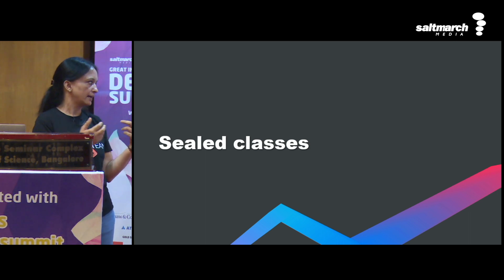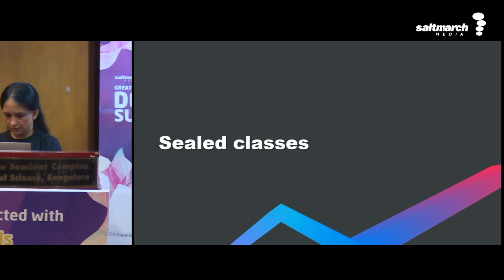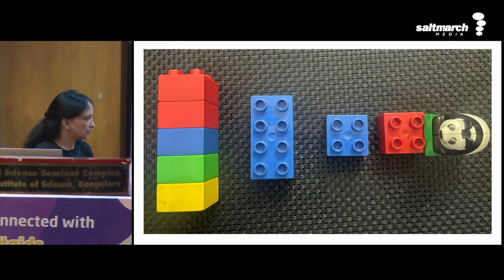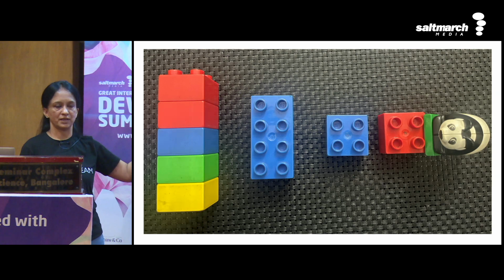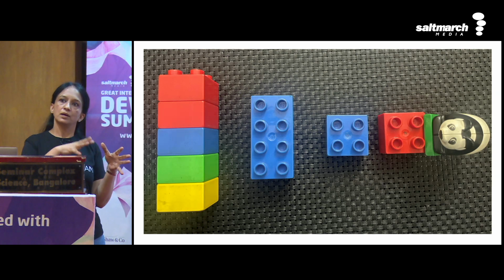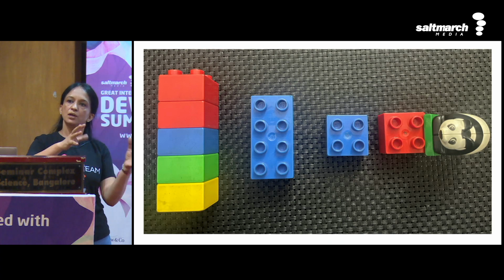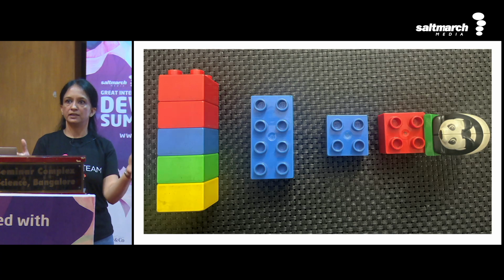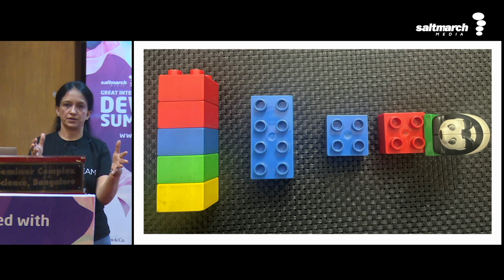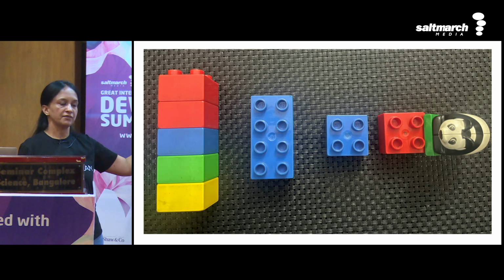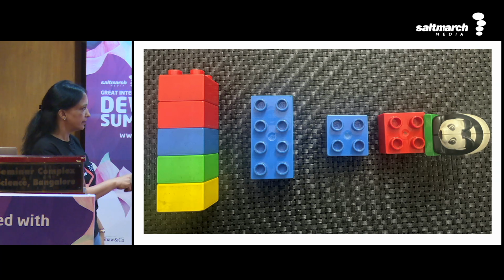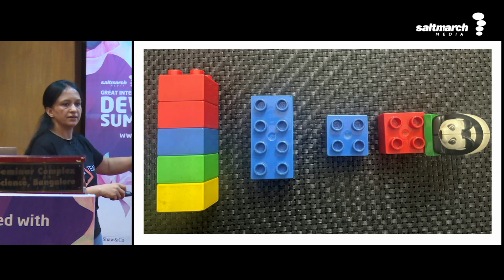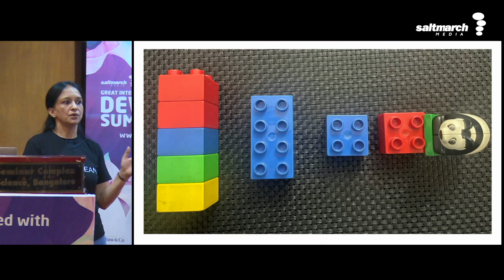Let's say this is an example and these are Lego blocks, which of course are made by a company, and the company wants to control which other Lego blocks could be created in a production unit. So it could say that I have a character Lego, which is a panda here, or these are the square Legos, a rectangle, and a tower which has, let's say, 5 or some other number of blocks. So now here the Lego interface could